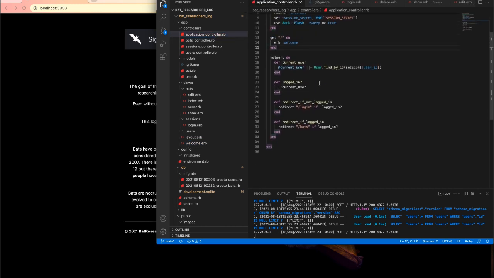I also put my helper methods here. So we have current user. This one is helpful. Most of these are for validation purposes, also just trying to make sure people can't view certain things. This also includes our logged in method, redirect if not logged in, redirect if logged in. I'm gonna cancel this one